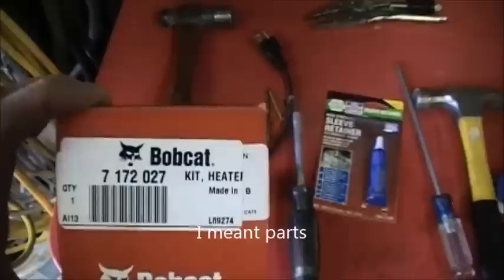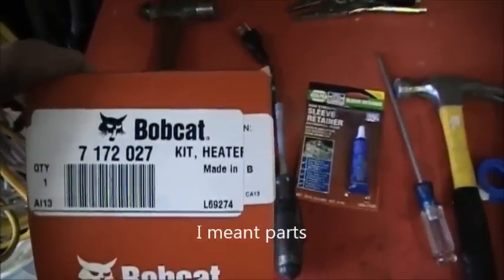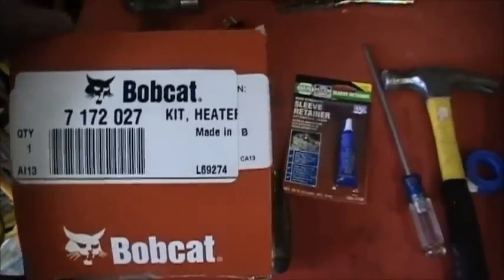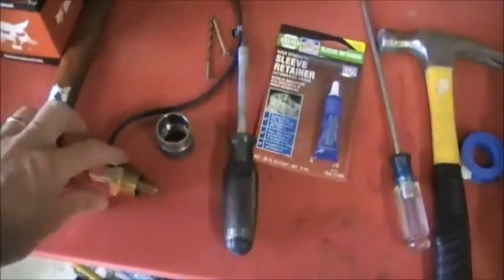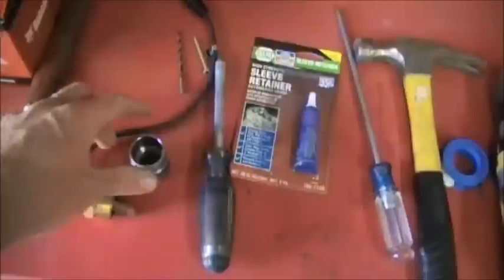This is the block heater. It is a Bobcat instrument. I believe the same engine is made for Bobcat that's on this particular tractor. This is what came in the box: this, the sleeve,